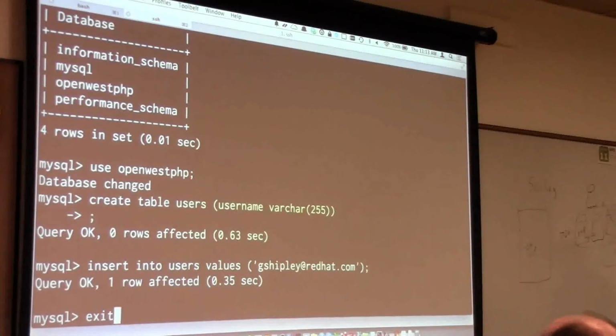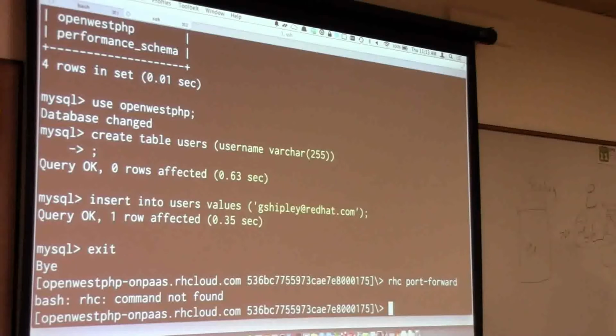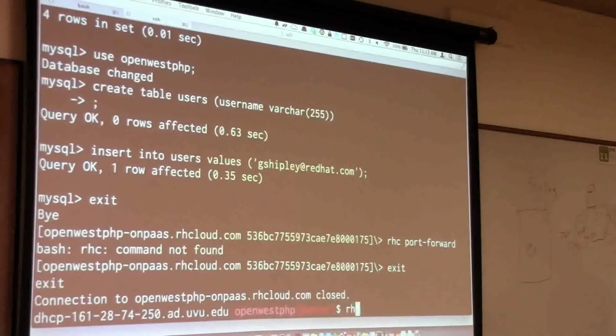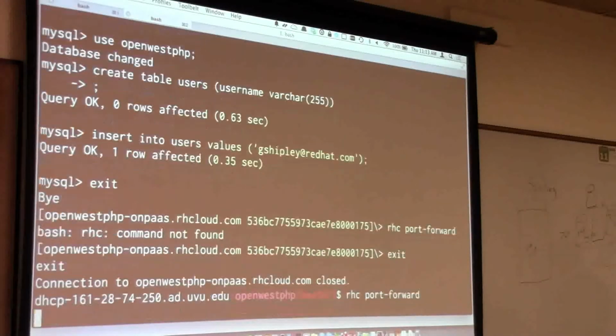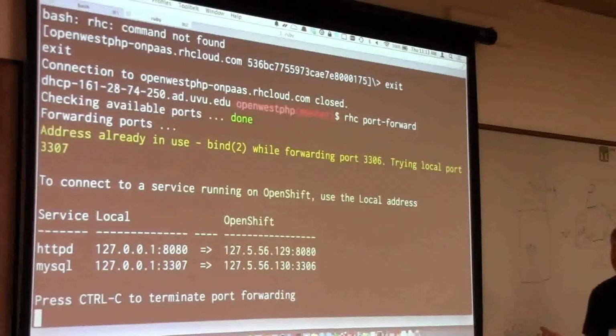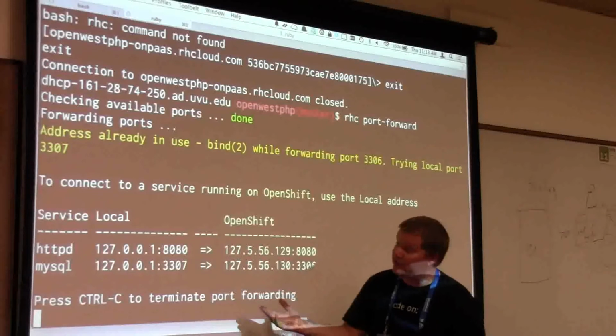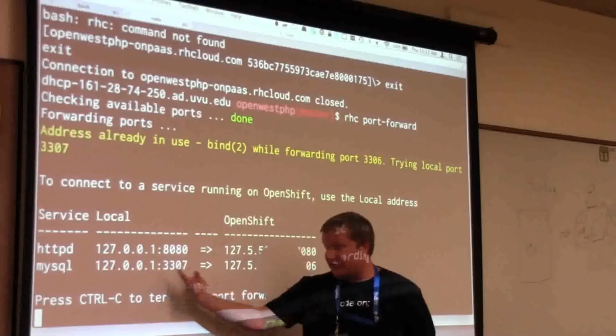But because we allow SSH access, you can actually port forward. So if I do rhc port-forward, it'll actually connect out to my remote Openshift server, scan for all the available ports that I have running on my application, and then forward them locally. So now I can connect to my MySQL database just by hitting localhost.